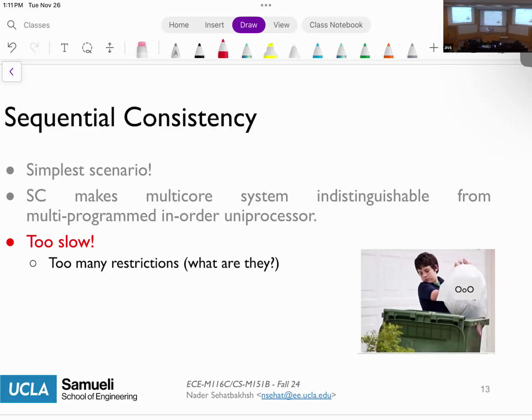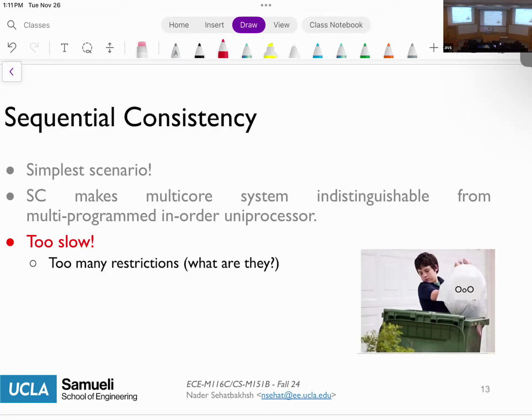Still, you maintain the order for the same address, but for independent addresses, for example, if there are two reads from two different addresses, why wouldn't I want to issue these loads out of order? If one finishes, I can just issue that load and read it from memory. Why do I wait for the other independent address? So there are these tricks that many modern processors use.